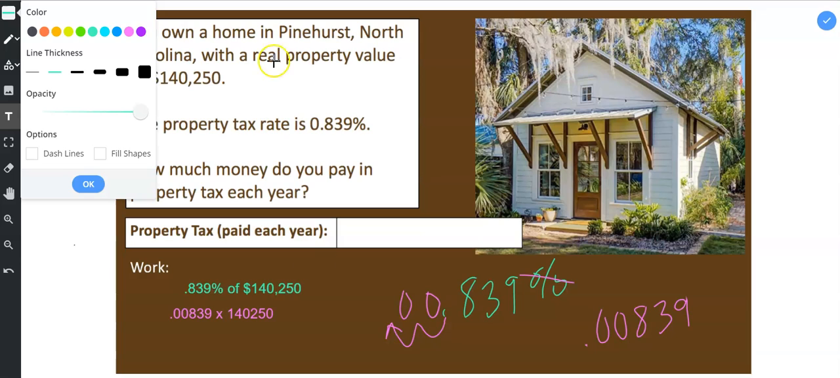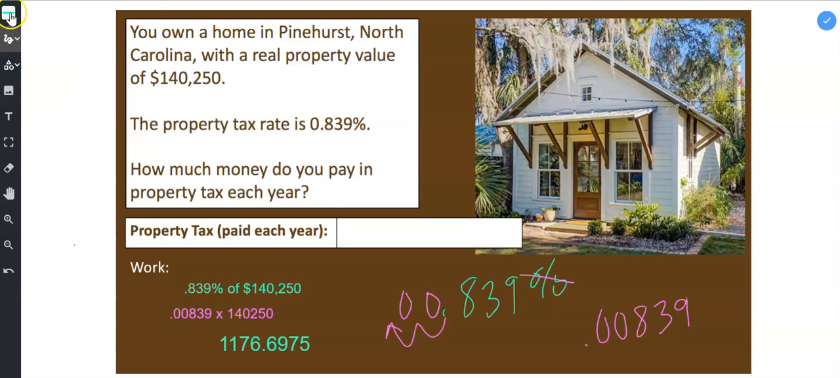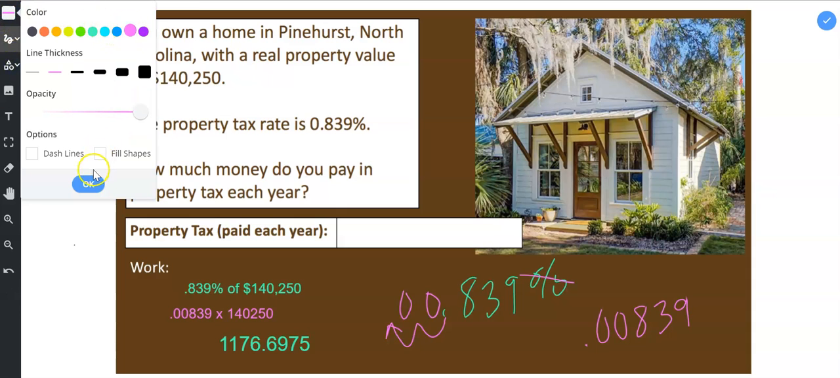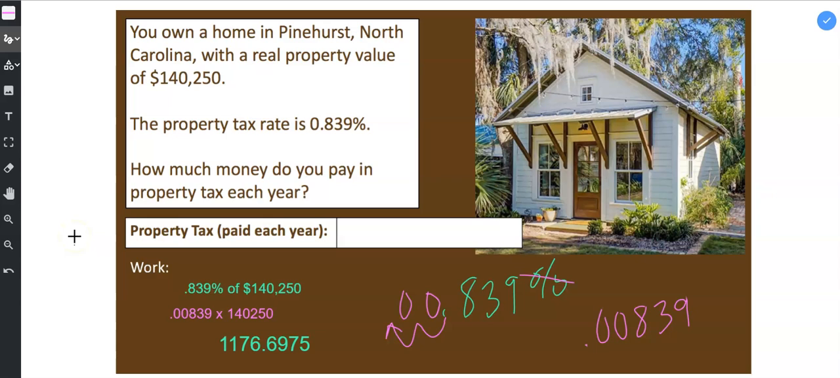So I'll copy it and then paste it. Make it a little bit larger. And then I'll go ahead and go to the scribble tool and I'll show rounding to the nearest hundredth. With money, you round to the nearest hundredth. The 9 is in the hundredths place. The 7 is the decision maker. So this 9 becomes a 10, so I put a 0 here, carry the 1. 6 and 1 makes 7, so it's